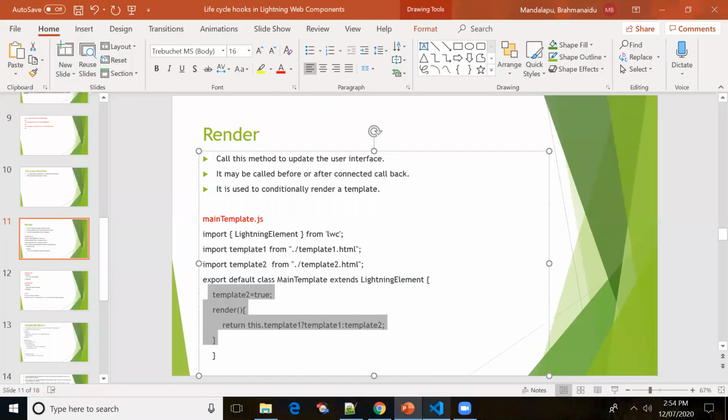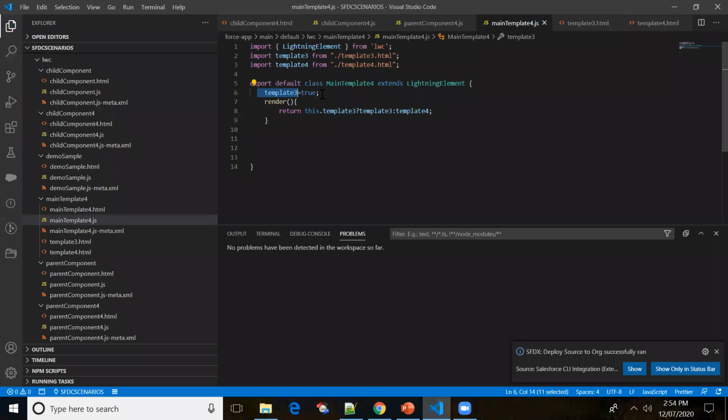I think we have made some mistake. Template 3 and template 4, this is fine. Template 3 is also fine. I think there might be some spelling mistake.